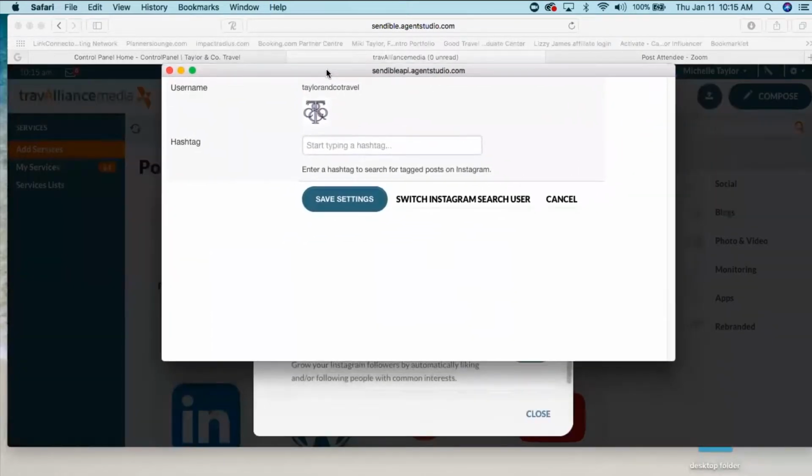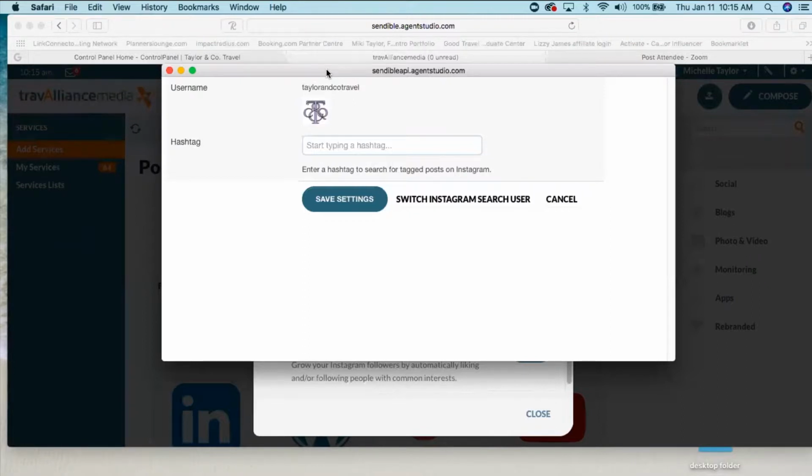If you're going to do anything in regards to social media, a few priorities. The first priority should be to set up your Facebook and Twitter accounts in the automated social media feature, because Agent Studio is going to post 3 to 4 times a day on your behalf. So when you don't have time to think about your social media, you at least have the comfort of knowing that there will be posts going out to Facebook and Twitter throughout the day on your behalf. So definitely set those up first.